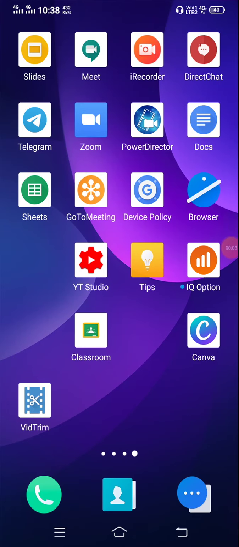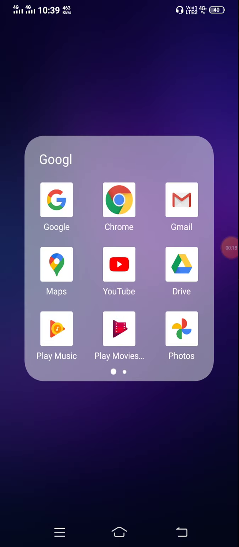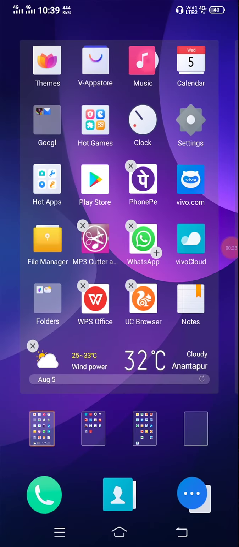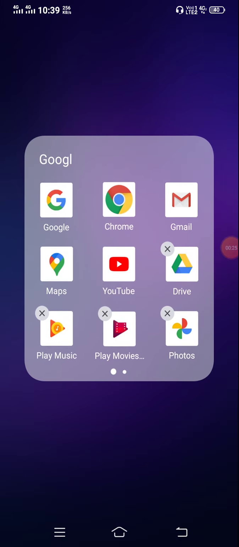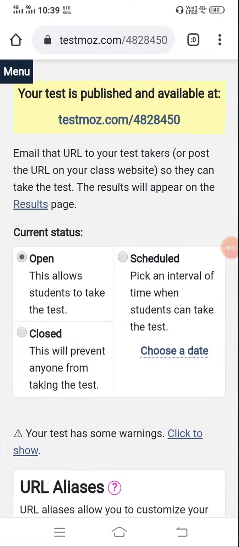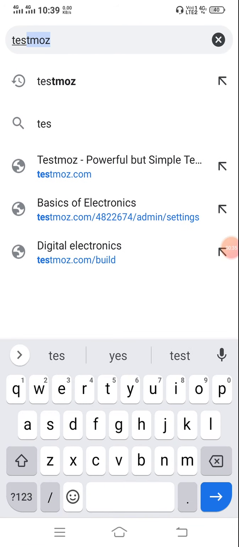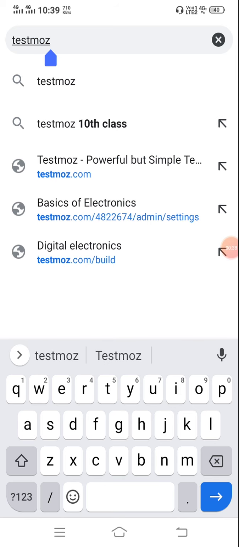Today we discuss how to make a test in TestMoz. First you go to Chrome, click on Chrome, and search for TestMoz.